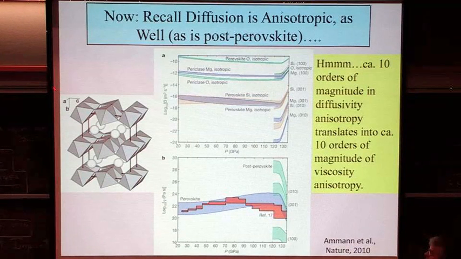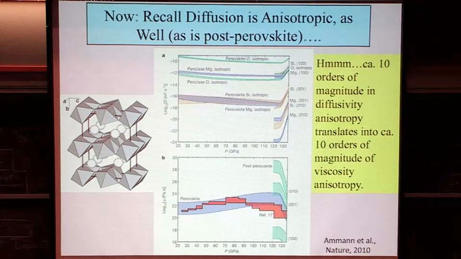So you've got a barrier sitting in there to diffusion in this direction. Whereas swapping it in this direction, let's say in the AC direction, not so hard. You can jump to here, that's a short jump. Jump to here, that's a longer jump. So your chemical diffusion in this material is going to be very anisotropic.